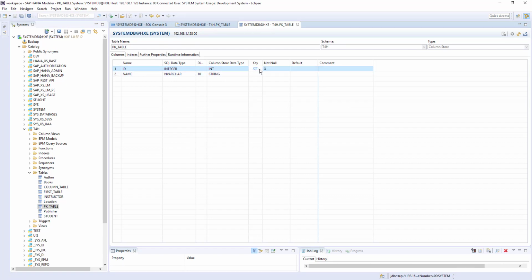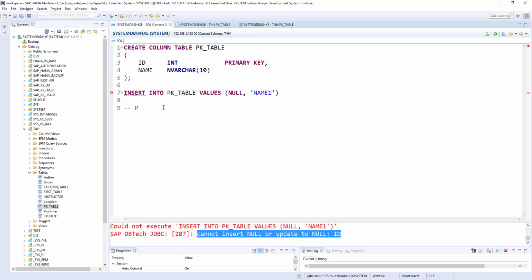So a primary key by default comes with not null. So what we understand is primary key is equal to unique plus not null. A primary key always accepts only unique values, and it will not accept null values.